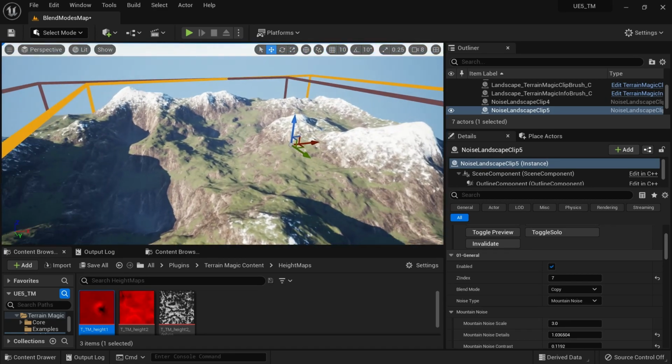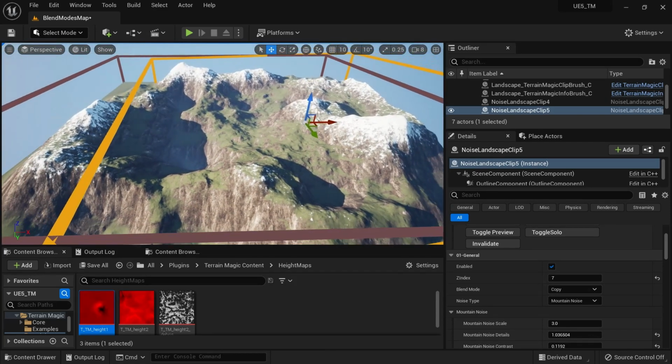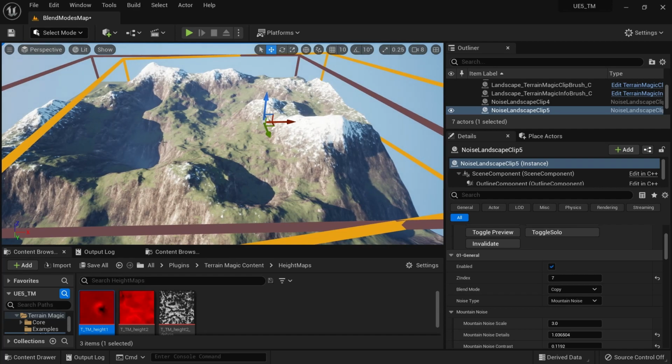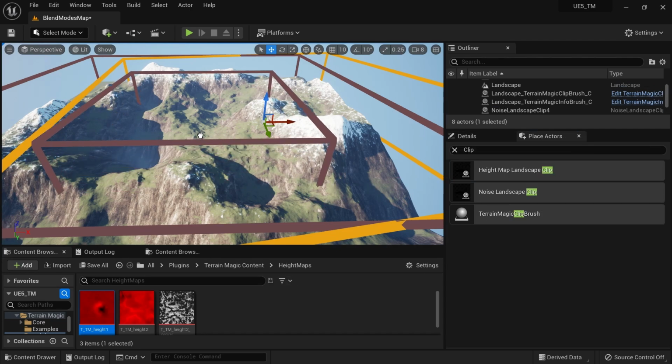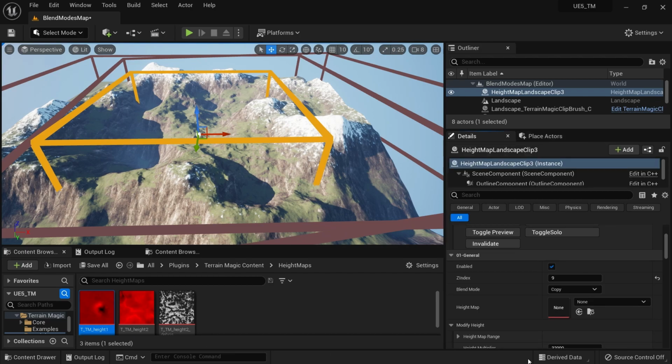And the interesting thing is, now after that I can put something on top of over here. For example, in this area I need to have some sort of circular space. Totally doable. So here's a trick how to do that. So you can get a height map landscape clip, put it on the center, and then you can put any height map you have,